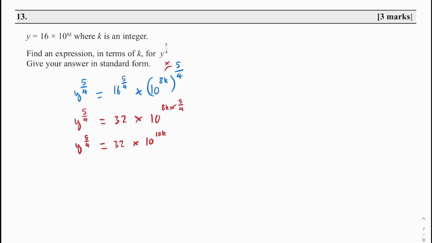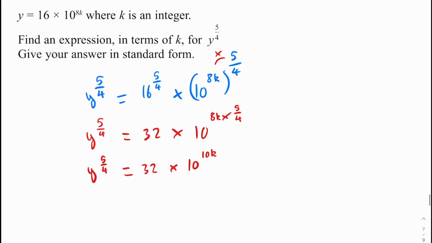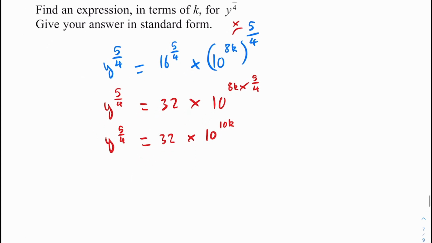Right, okay, I found the mark scheme finally, and this would get you all the marks apart from one. So the key thing which I've missed out is give your answer in standard form, and in standard form, we can't have 32, we need to convert that to a 3.2. So the final line of working that we have to do is write y to the power of 5 over 4 is equal to 3.2 times by 10